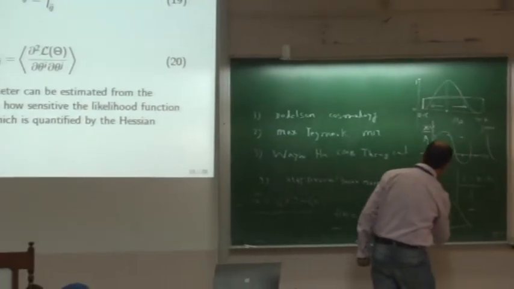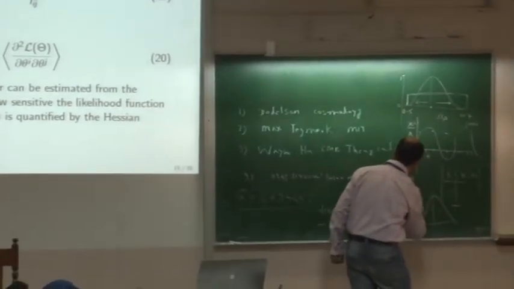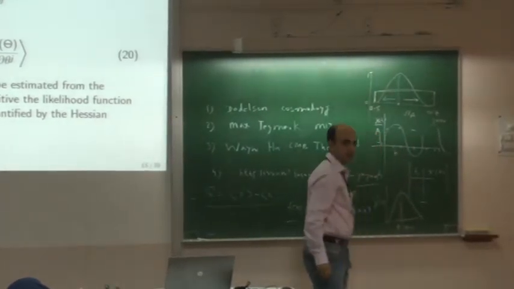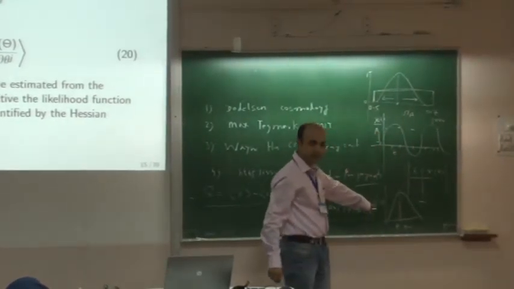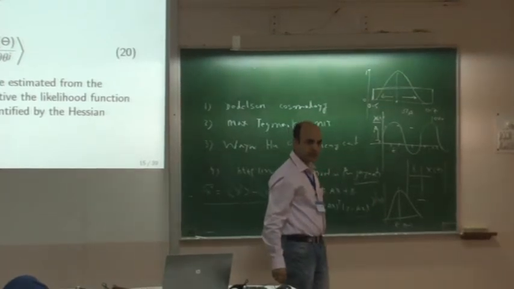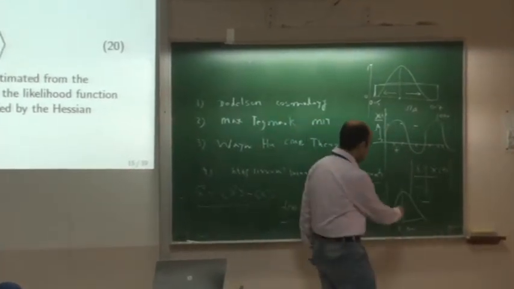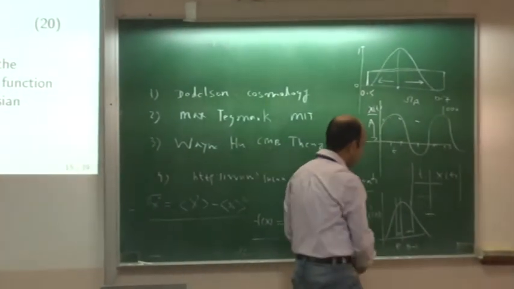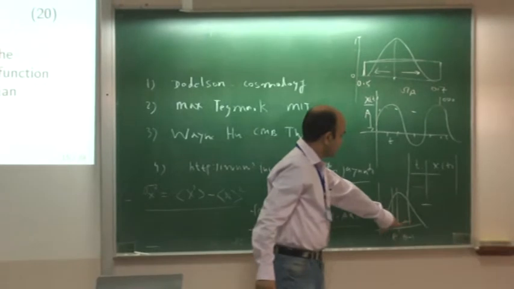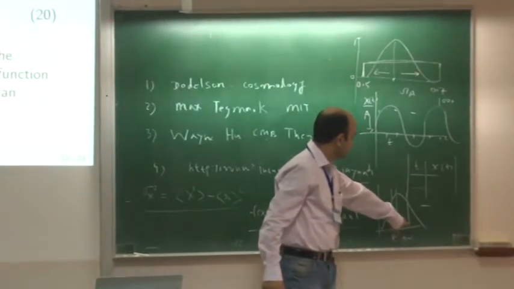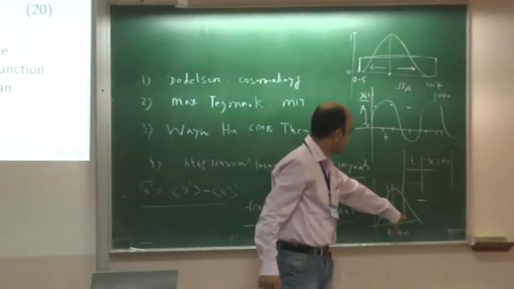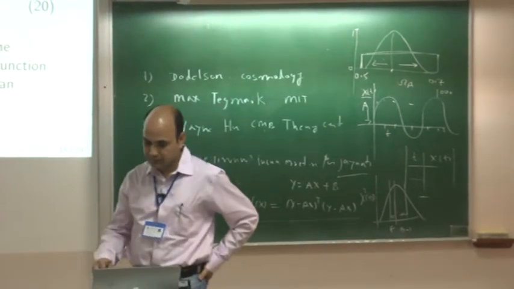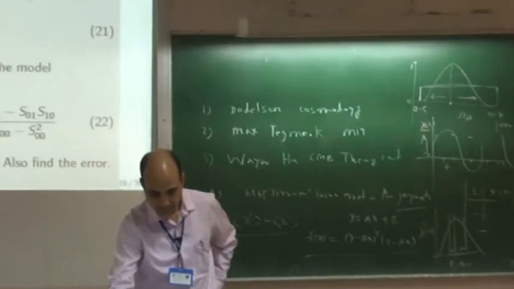Assume that this is your chi-square and this is your parameter theta. Chi-square will most likely look like a Gaussian. So the error on these parameters will always be less than the variance of this Gaussian. I mean, that will be clear from the next two lines.